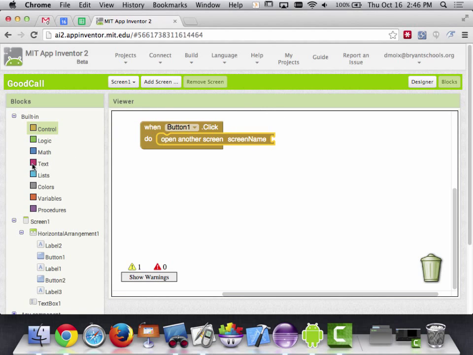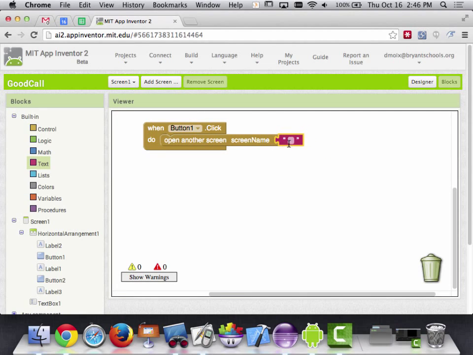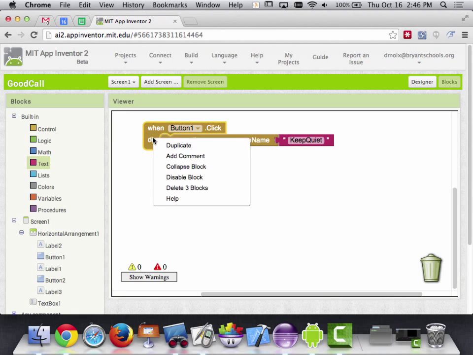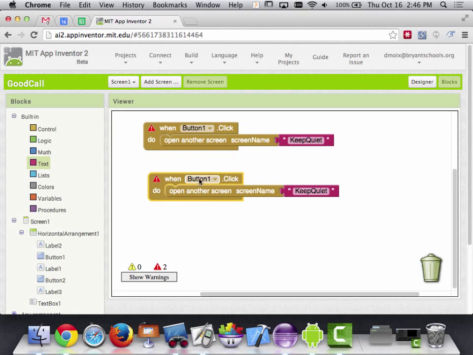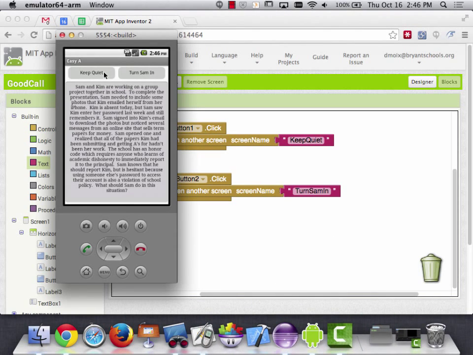So you use a text block, and in it you specify the name of the screen, keep quiet. The name matters, the capitalization matters. We're going to do the same thing for button 2, and we're going to turn Sam in. That way, when I run the emulator and I keep quiet,